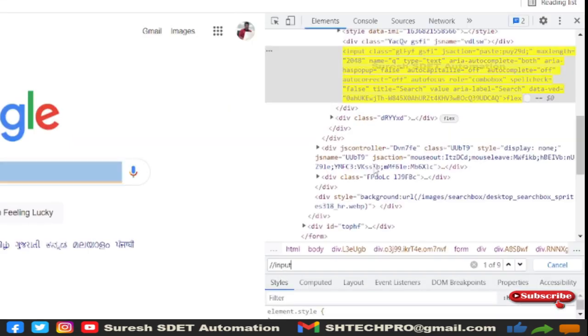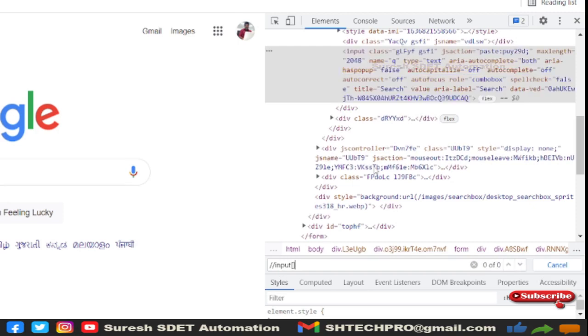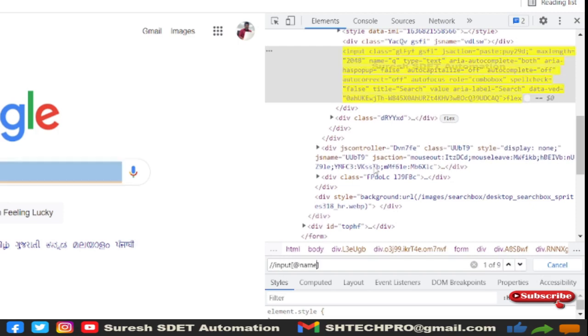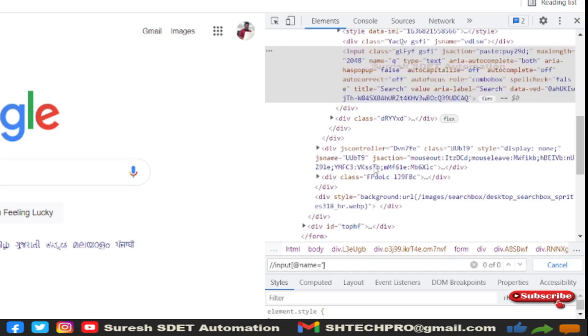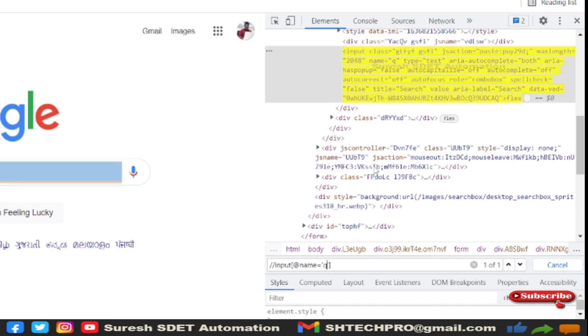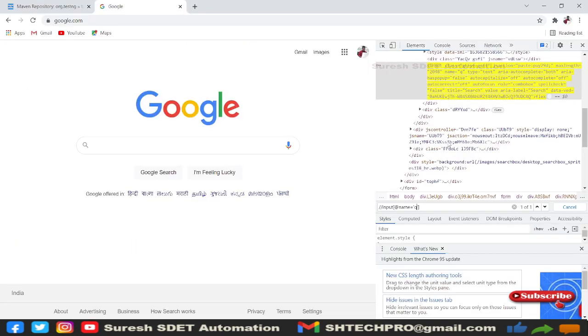And how you need to find that: double slash input, and under that square braces @name, so name equal to single quotation mark, under that you need to mention q. You need to identify only a unique locator, then only our Selenium will work, else it will throw an exception, and it will not do any operation.